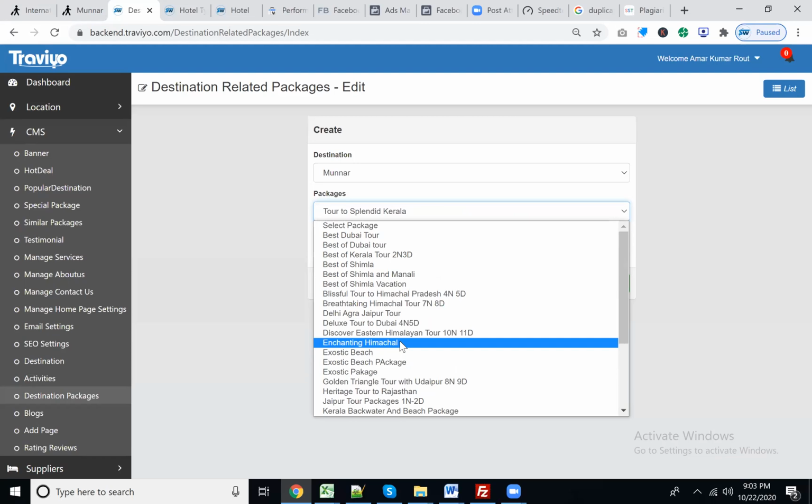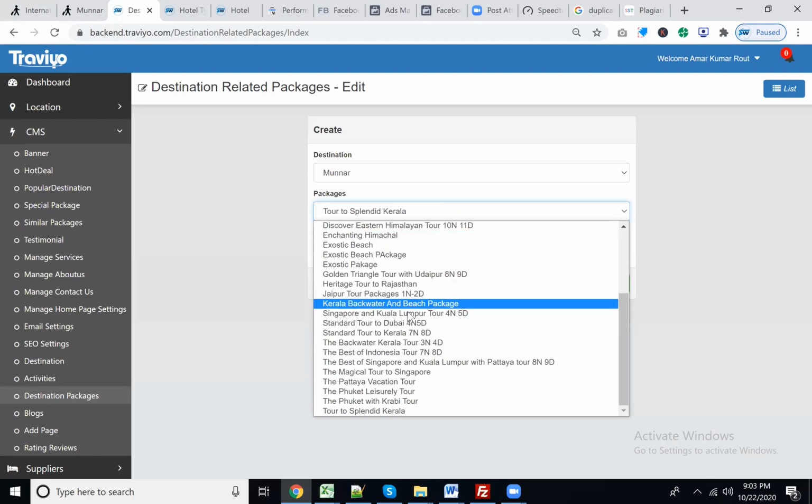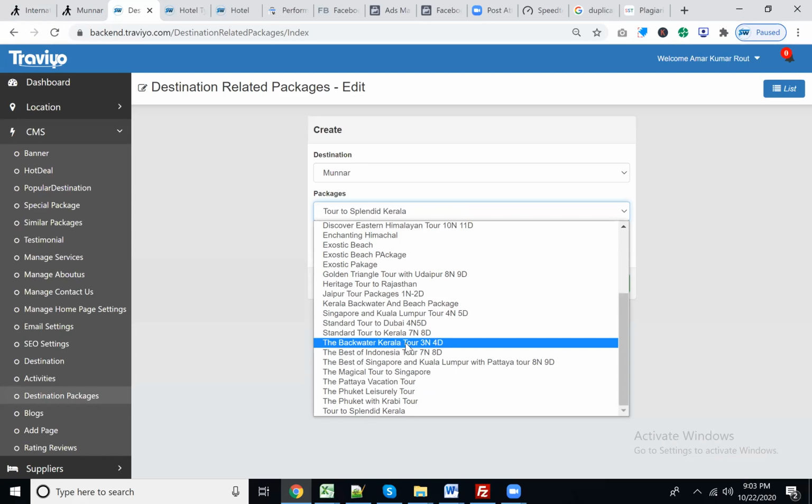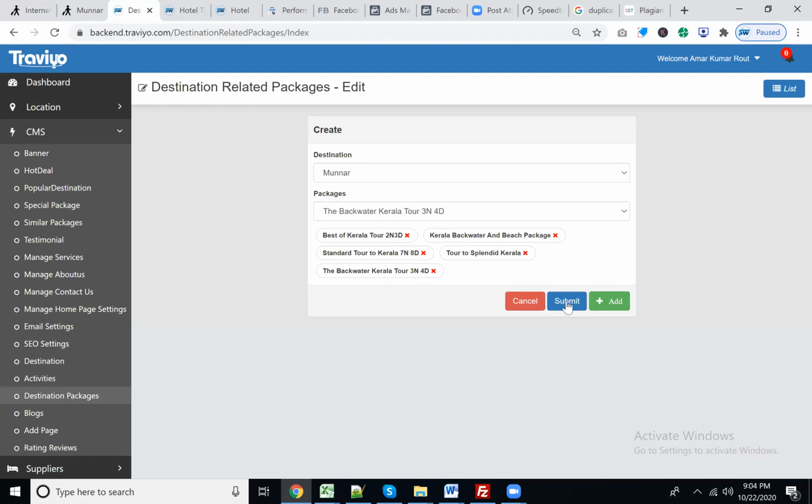I don't have enough packages in this account for Kerala. Yes, the Backwater Kerala tour, 3 night 4 days. Now I'm going to add this one. Just click on the add button. Now it's added. Let's submit it.